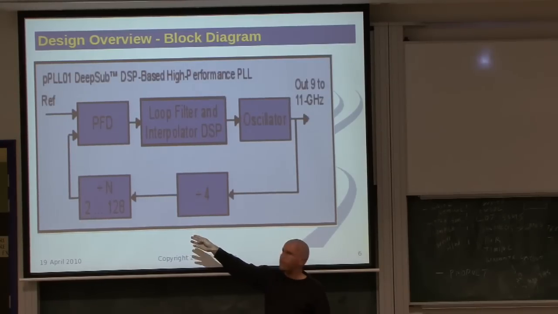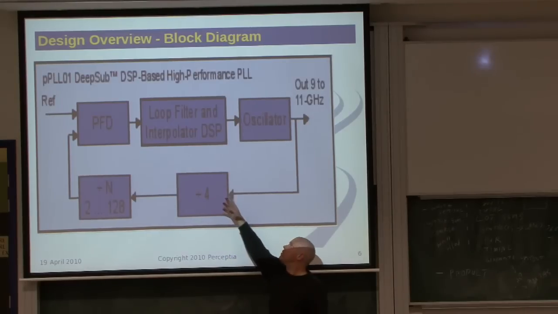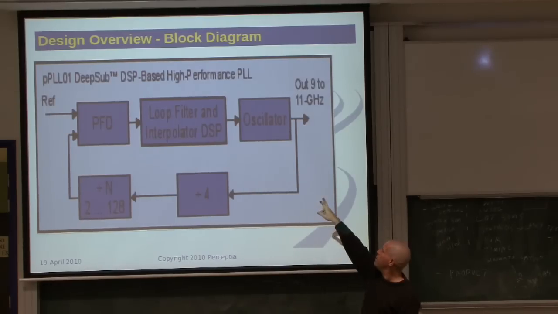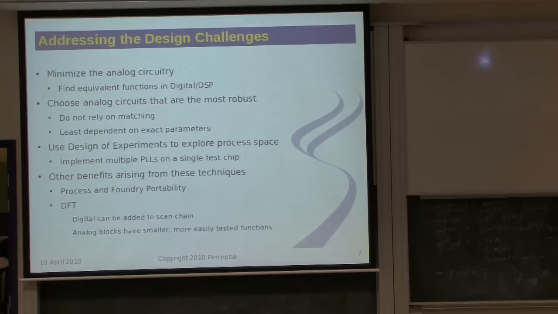In the phase lock loop we build on this process, we've replaced the phase frequency detector with a digital block. We've put in a DSP block that does the loop filter, all in digital, and the oscillator is still somewhat analog, but it's controlled by a digital signal. So we've tried to move towards being more digital because it suits